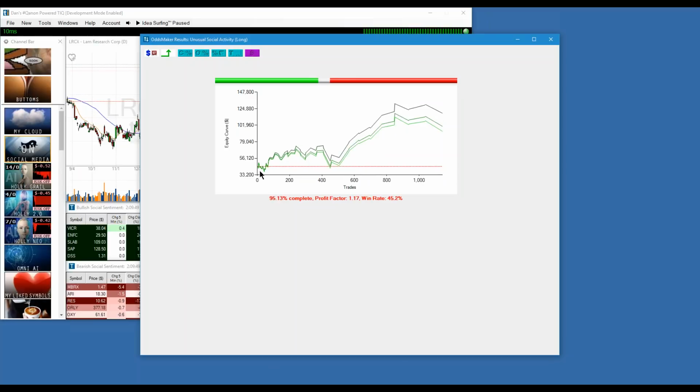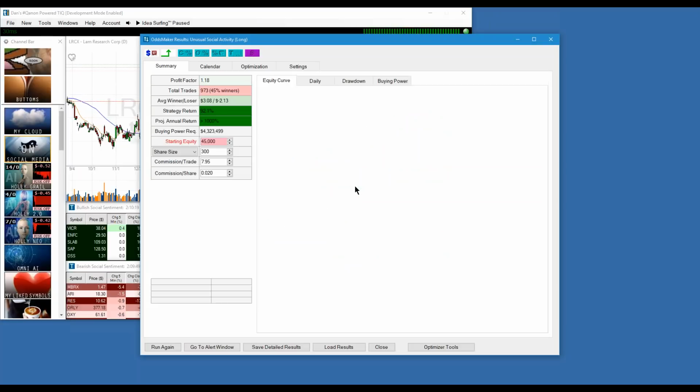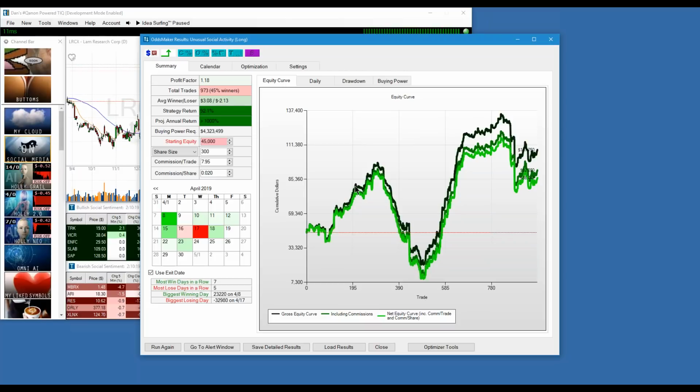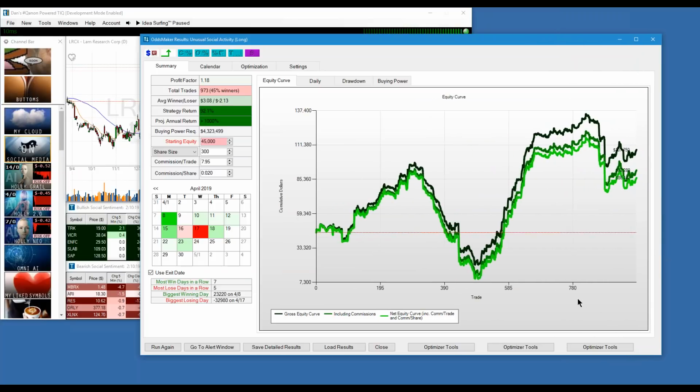So here you can see how many trades have taken place and what the software is doing. So in other words, we're running through simulations. This is the AI. This is what you really get that's different in Trade Ideas from TC2000 and TradeStation and everywhere else. TradeStation does some backtesting, but not like this, because we just ran through, okay, how many trades? We ran through over 780 different trades, not one stock at a time, but through all these different trades. And this is what you would have gotten had you done this.